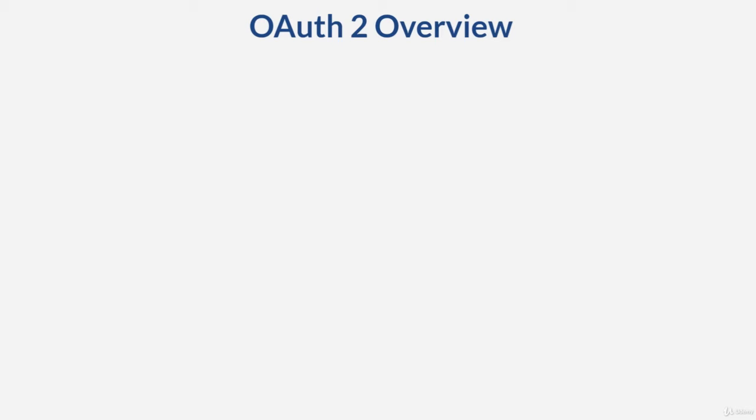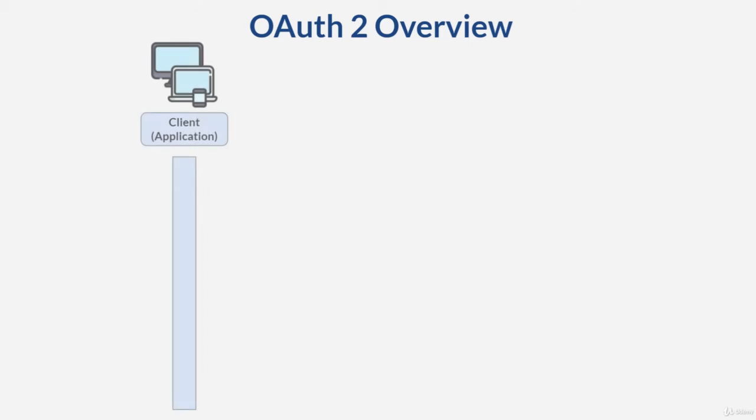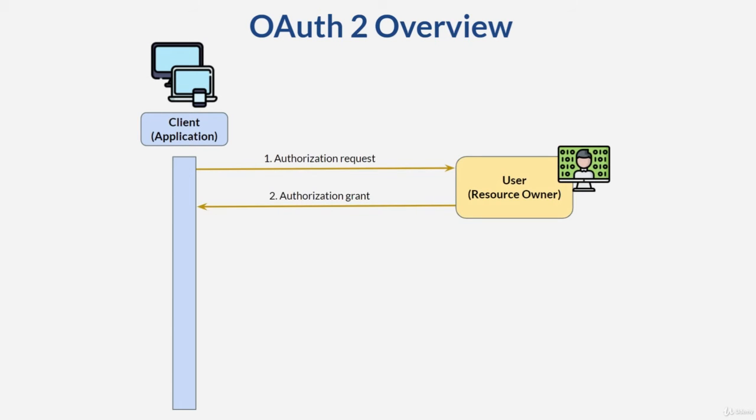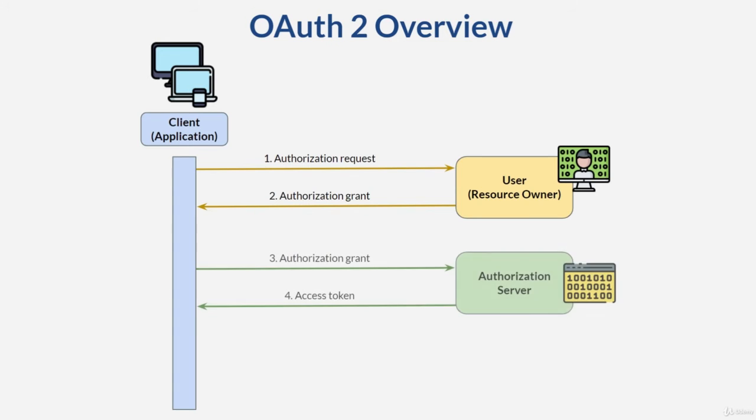Technically speaking, this is the brief overview of the OAuth 2 flow. Depending on the authorization grant, the diagram might be slightly different, but this is the overall flow. The client application requests authorization from the user, which gives a certain authorization grant along with OAuth credentials, usually consisting of client ID and client secret. We will see the types of OAuth 2 grant later. Using the given authorization grant, client ID, and client secret, the client requests an access token.